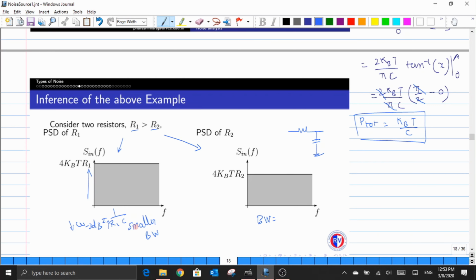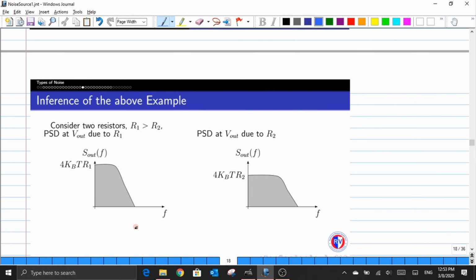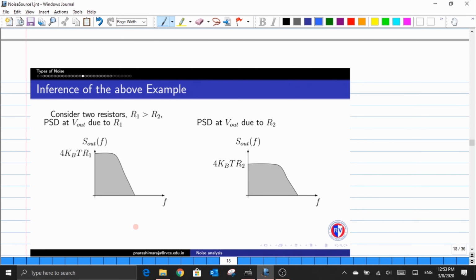Now, because of these differences in bandwidth, the output power spectral density of this RC network will have different shapes. As I said before, since the bandwidth of R1 is small, you can see that the width of the output power spectral density is generally small, whereas the width of the power spectral density in the case of R2 is quite wider. But what about the heights here? As you can see, the height of this power spectral density is higher than the value for R2,